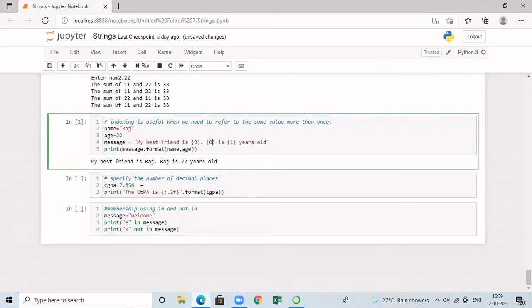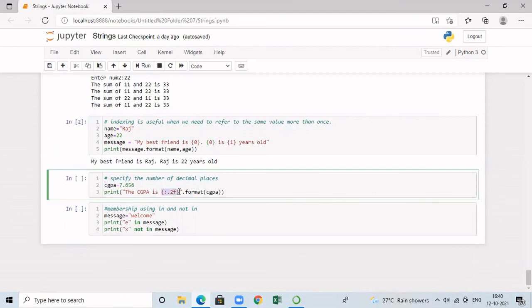Let me assume that I want to print CGPA. CGPA is initialized with 3 digits in the precision. I have the value 7.656, but I want to print up to 2 decimal digits. So when I want to achieve this in the format, I can specify the placeholder for achieving this. Here in the placeholder, I am specifying 0.2f.